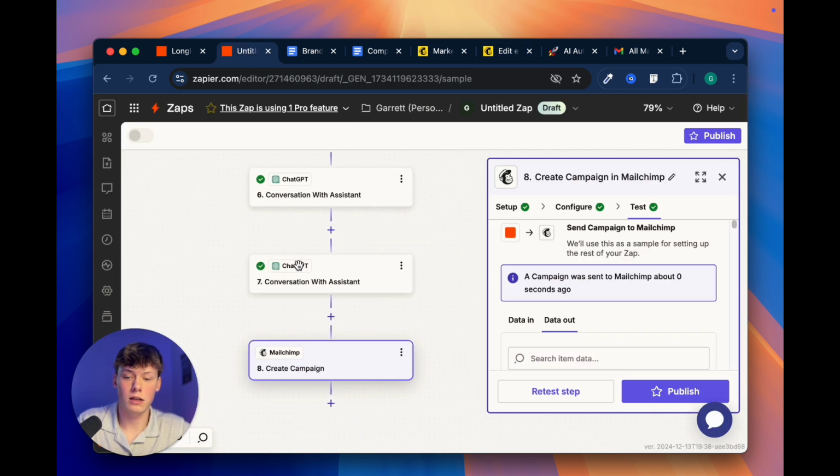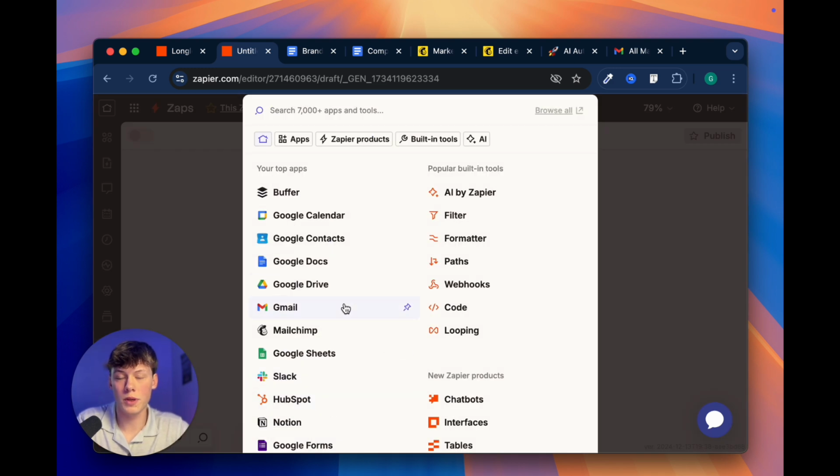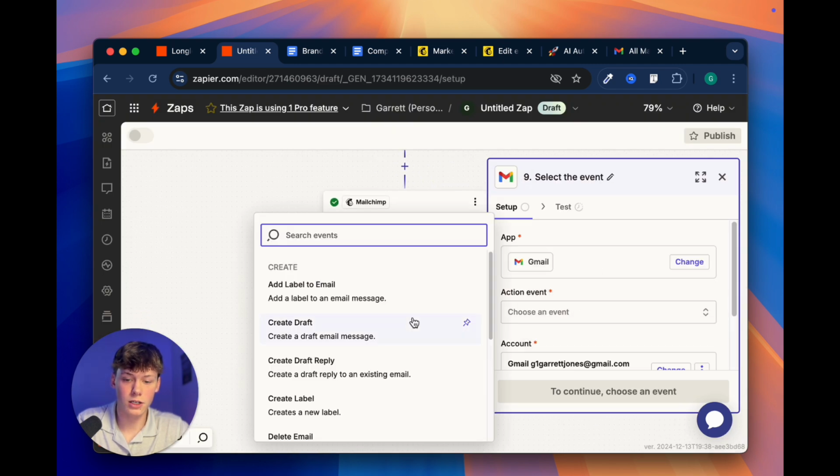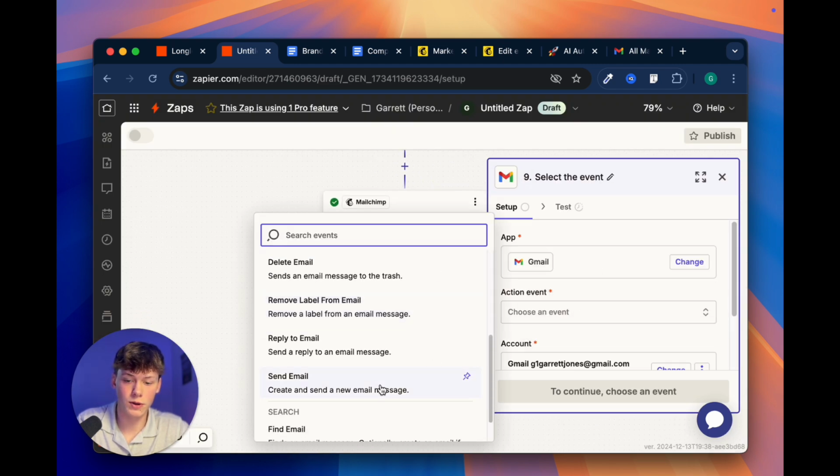Optionally, I like to add a 9th step to send a follow-up email. Let's say you're busy, you send the newsletter idea and then it's drafted for you, it goes to MailChimp, it's ready to send, but you just forget about it, you get busy with something else. I like to have another step to send a follow-up email, just to remind you that you have a newsletter ready to be edited and scheduled to be sent. So to do this, I'm just going to select the Gmail step. The action event is going to be to send an email,